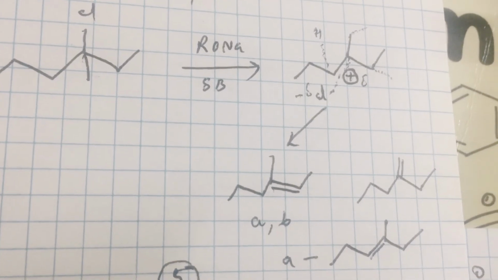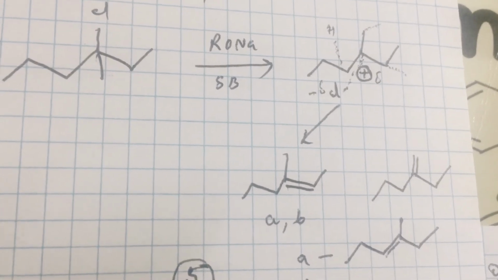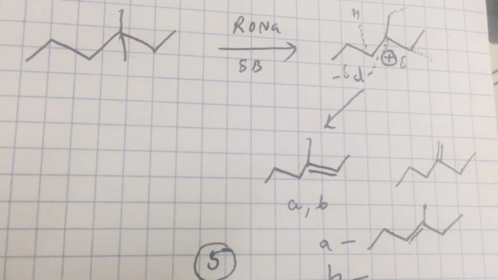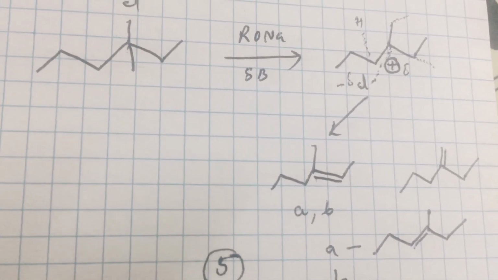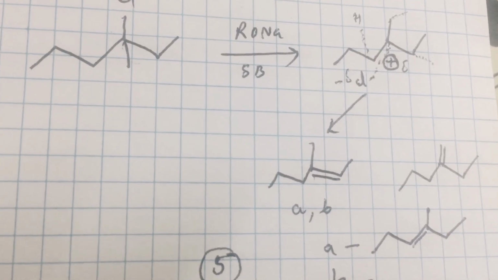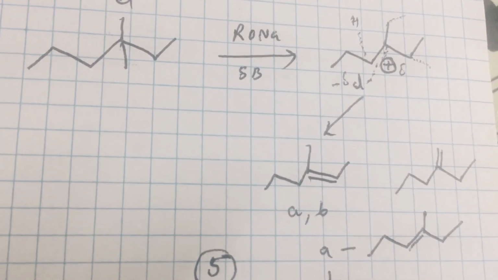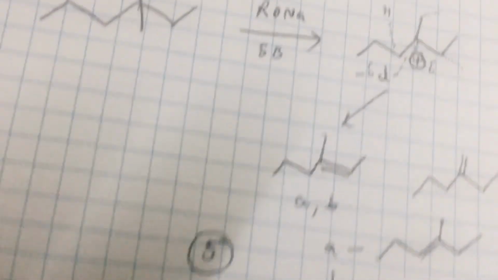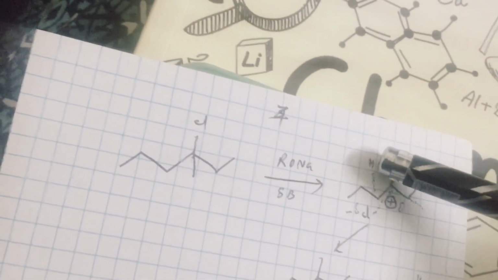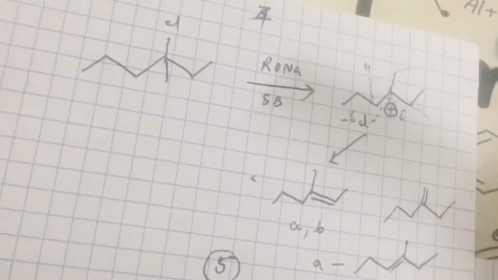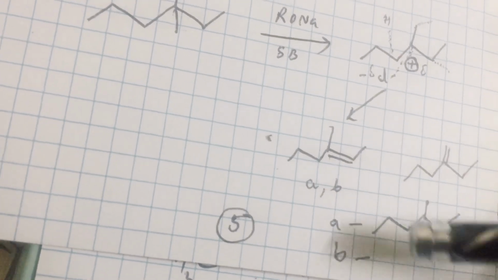Look at this. Okay. This is an E2 mechanism, and in E2 mechanism there is a concerted approach. Due to this concerted event, the double bond can be formed in different ways based on where is the hydrogen that is leaving. The hydrogen that can leave can be from 3 different positions, if you carefully see. It can leave from here, from here, from here. This is the Cl that is leaving. Whatever it is in the transition state, you can have product 1, 2, 3.